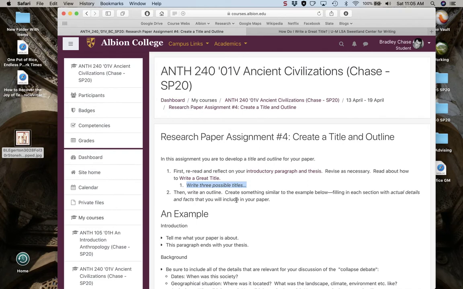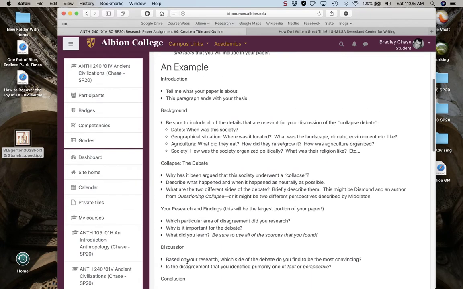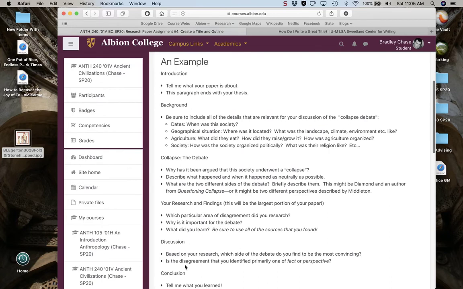Then I want you to write an outline. And I strongly recommend that you use headings so that you have distinct sections of your paper, each with a heading. So introduction, background. This is just an example. You don't have to do it exactly this way, but if you did do it this way, you would have